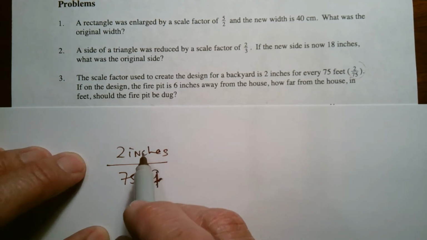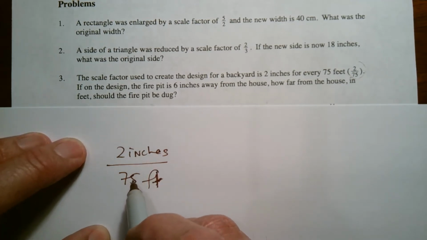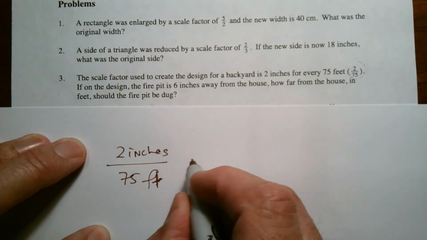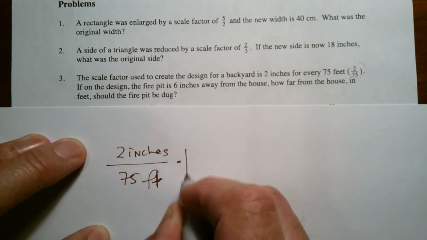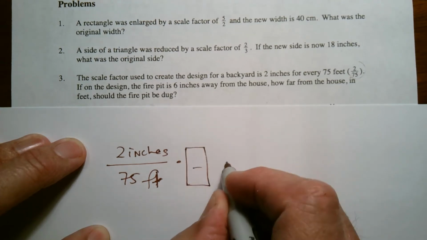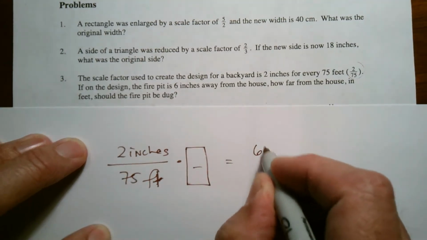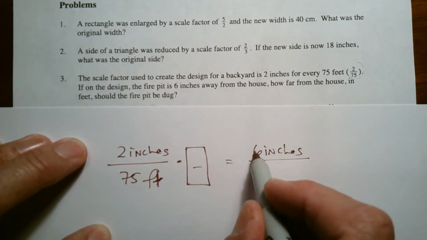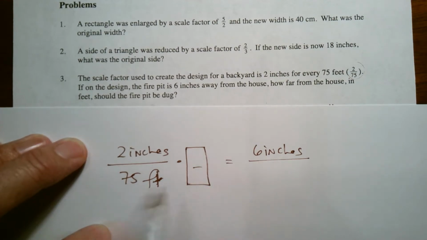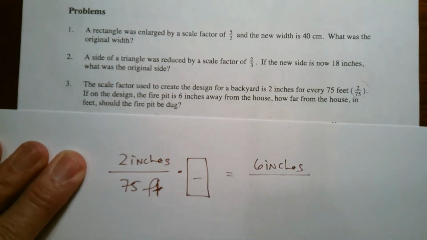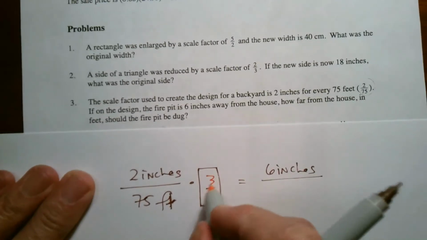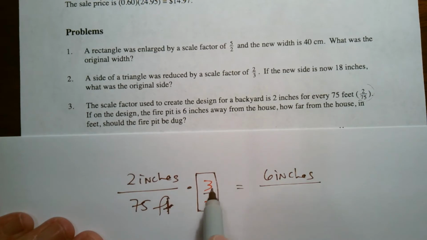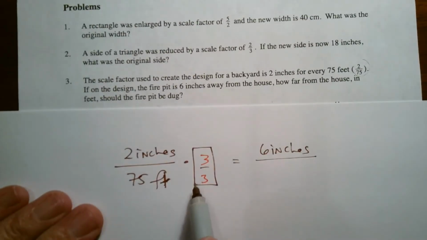So our scale is 2 inches every 75 feet. So I want the fire pit on the design is 6 inches away. So really what we're looking at is I want to know what's that scale factor, what's that giant one that would give me 6 inches. Because if 2 inches is 75 feet, then the question is 6 inches is how many feet? So I'm going to multiply by this giant one of 3 over 3. That's my scale factor because I'm multiplying by 3. 2 times 3 is 6, right? 75 times 3 then would be